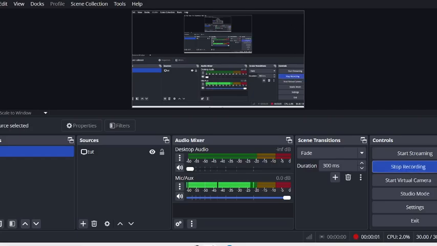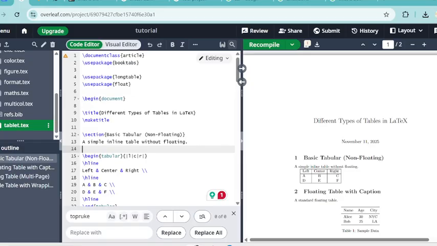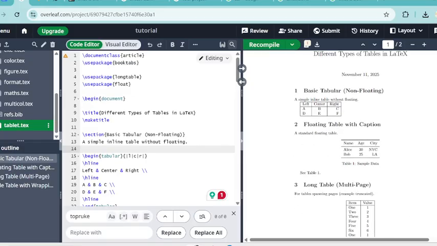Next, we will actually see the tables in Overleaf, right? Tables are also pretty much famous in Overleaf because we have different sorts of tables here, right? And different ways to actually make such tables. So our environment actually starts with our class article, as we have been using till yet, and there are three